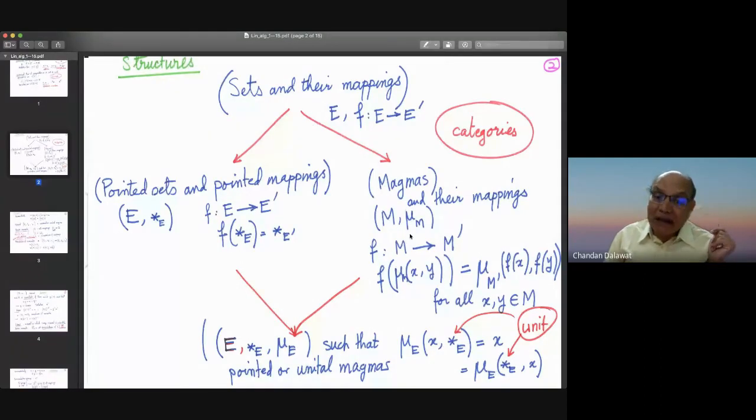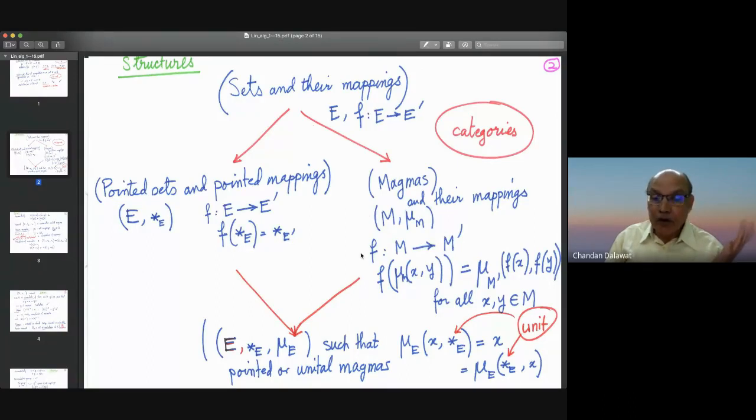Then you have mappings between magmas, which are sometimes called morphisms or even homomorphisms. So what is a morphism between magmas? If M and M prime are two magmas, and mu M and mu M prime are the laws of composition of these two magmas,